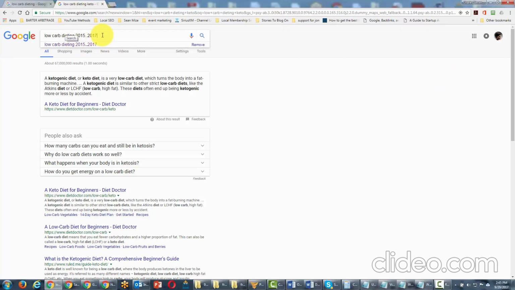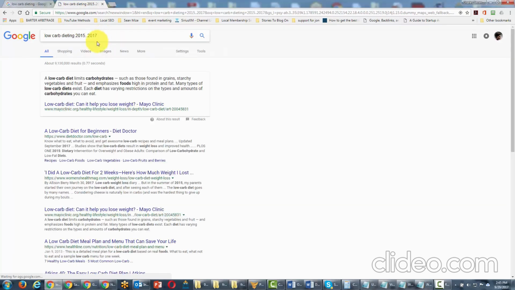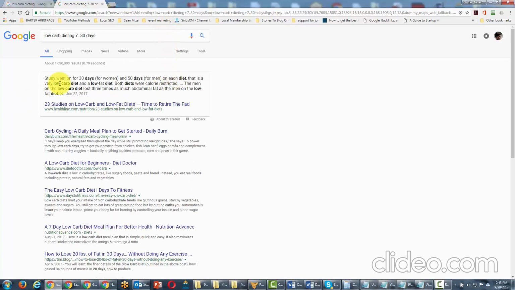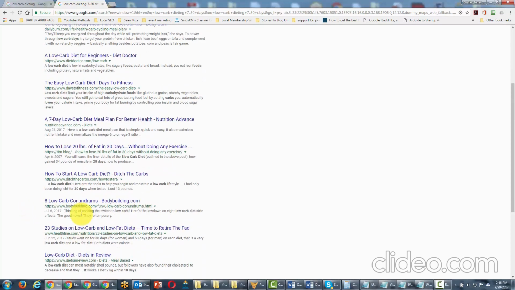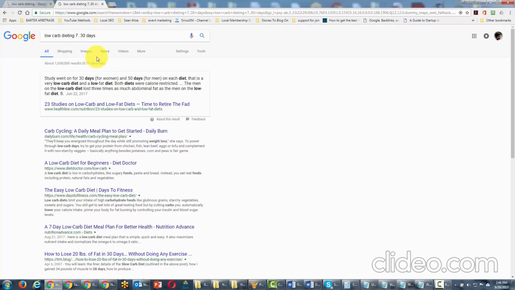So we're going to go ahead and click this link, and again, you're going to get a different set of results. Now we could change this. We could do something like 7 to 30, and then write days. So you'll get all kinds of ranges, 7, 8, 23, anything numerical to modify your search within this range. Again, it's a great way of being able to limit your numerical choices if you're going to put them